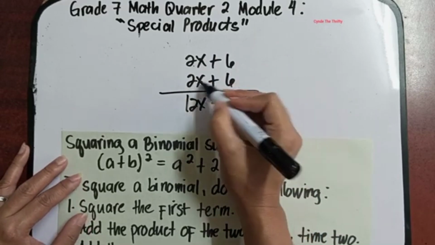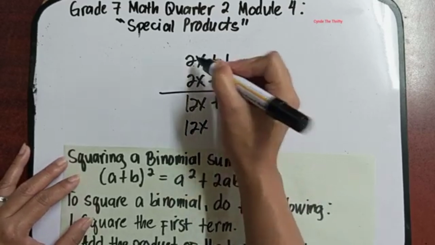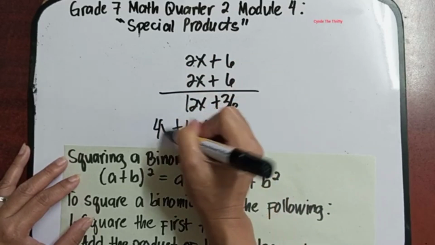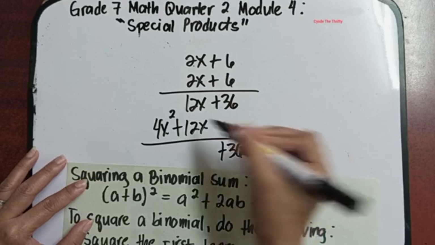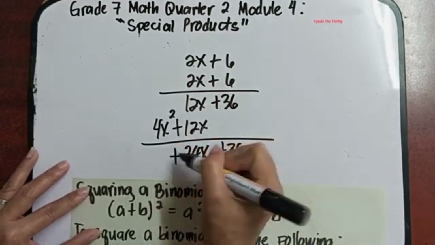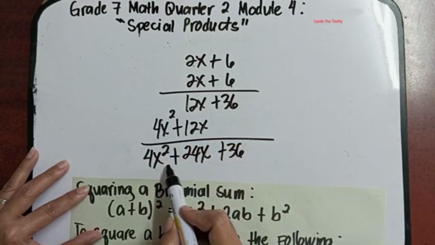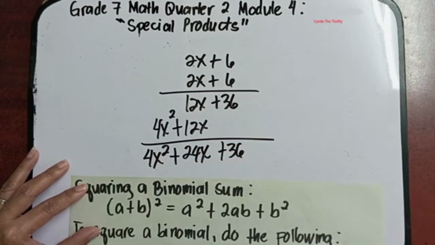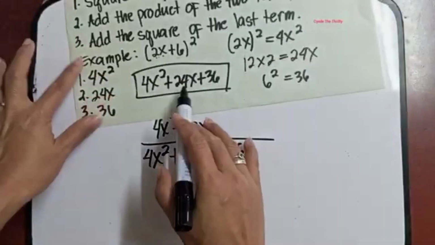And then 2x times 6 is equal to 12x. 2x times 2x is equal to 4x squared. Okay, so bring down 36. 12x plus 12x is equal to 24x and then plus 4x squared. So ito na yung sagot natin, 4x squared plus 24x plus 36. So pareho lang sila, pero hindi ka na nag-solve dito sa iyong